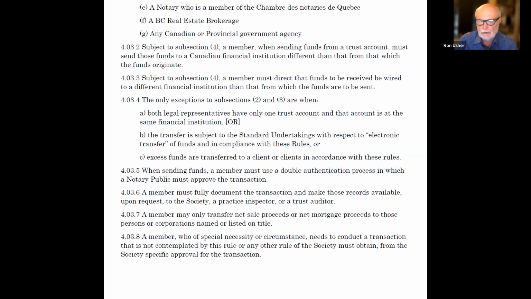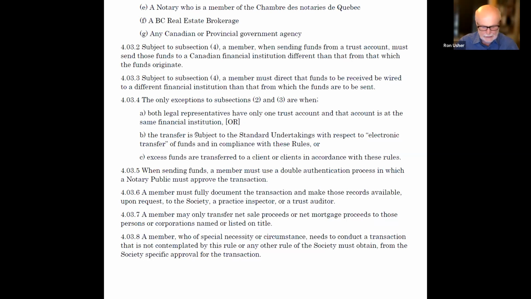We've had at least one situation where one of our members got misdirected proceeds. Again, you've heard our many fraud warnings about misdirection. So this is a problem. I think the Law Society's also been dealing with misdirection. And I think the last catch-all is if there's a special circumstance where you need to do something that somehow violates this rule, you can get approval from the society for that. You can talk to Eric, John, or if necessary one of the PAL advisors, if there's something you need to do that violates this rule.